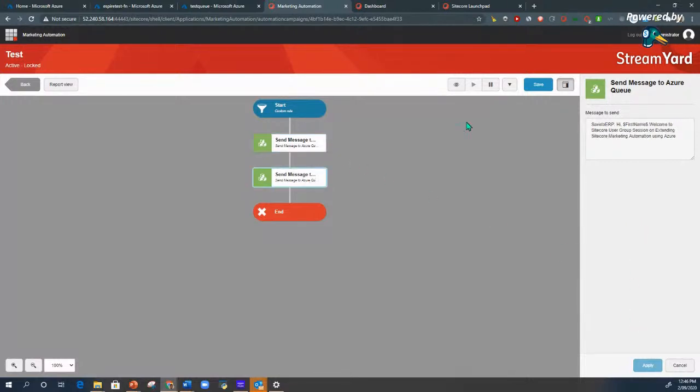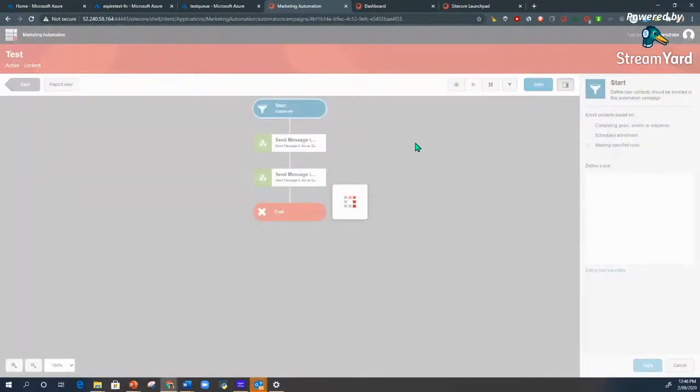And again, I do have this one where I want to save this data to my ERP system, right? Again, I've just copied the same message, but you can utilize the same action for doing multiple things. And now it's up to your Azure function, which is actually looking into this queue, right? Okay, so just to demonstrate it, what I have done,